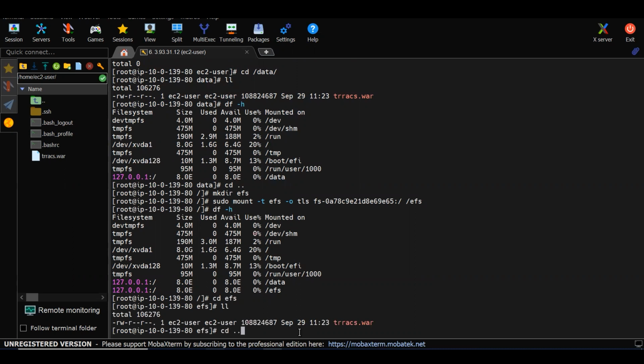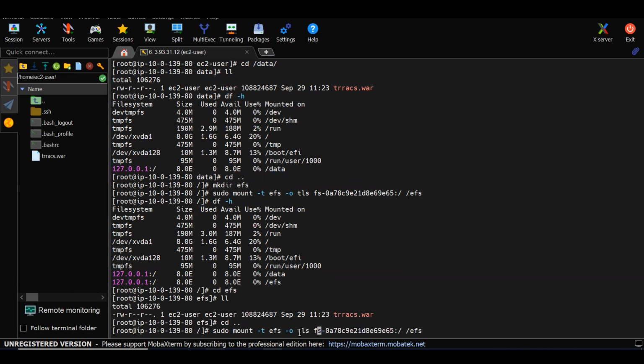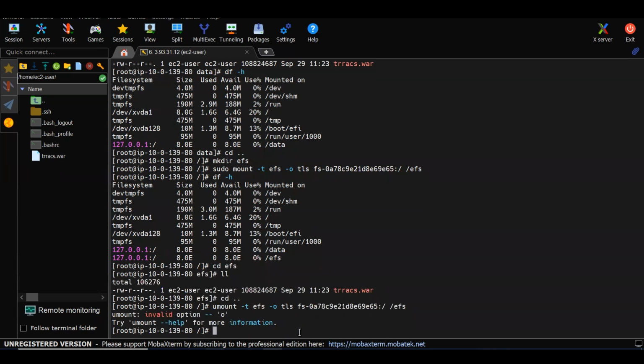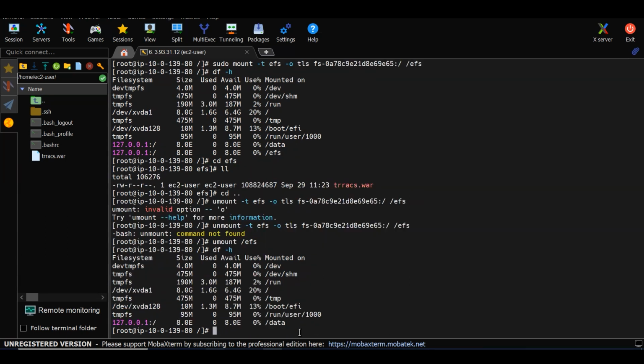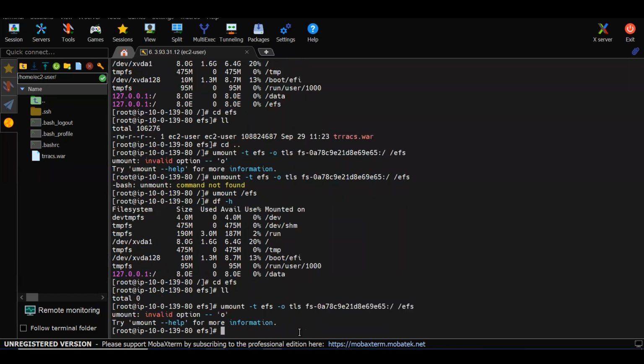Okay. Then we'll do one thing. We mounted, right? We'll unmount it. Here, what we did now, we unmounted that one. Now we don't want to give all the things. See, this is the command: umount /efs. It will unmount the file system. Okay. So we'll go and see in the EFS. cd efs. Data is there. Zero data, right? What we'll do, we'll mount the EFS here.